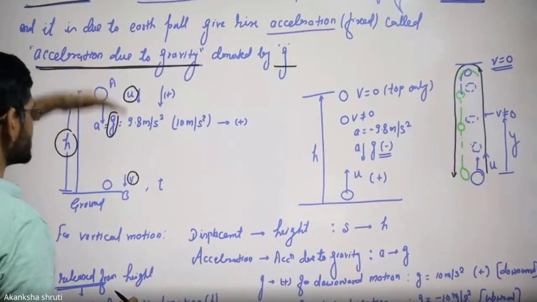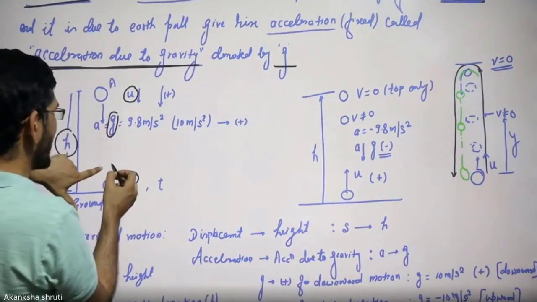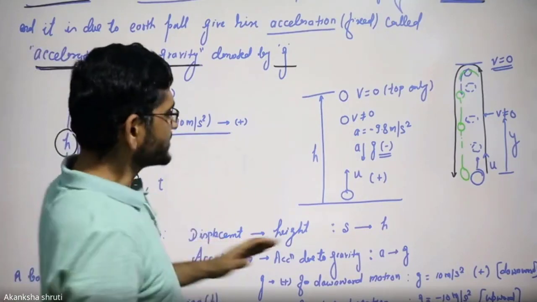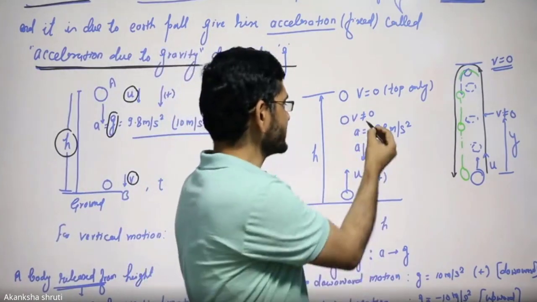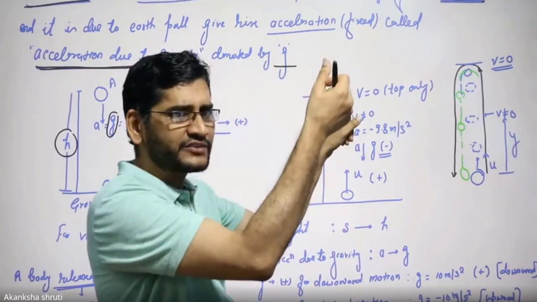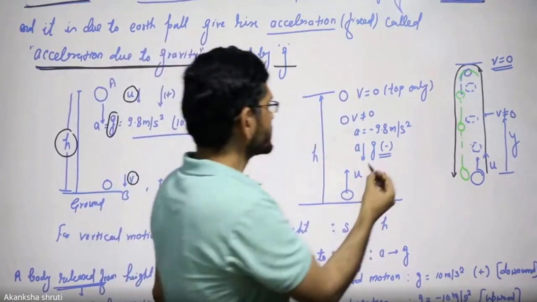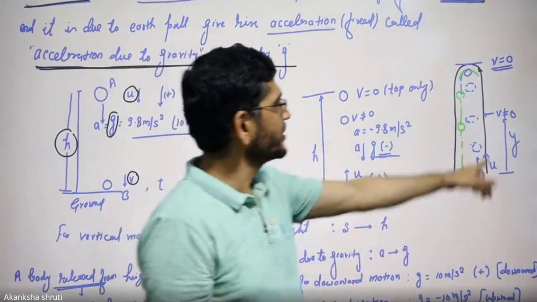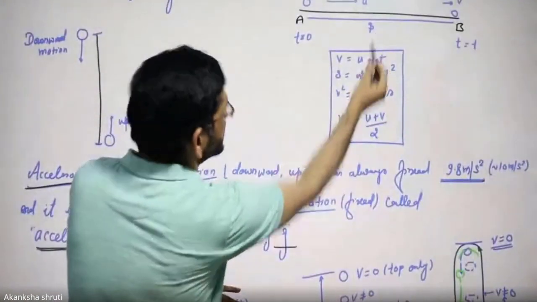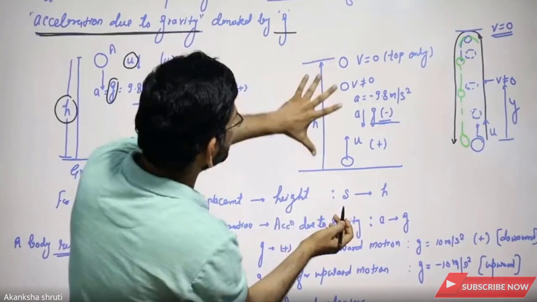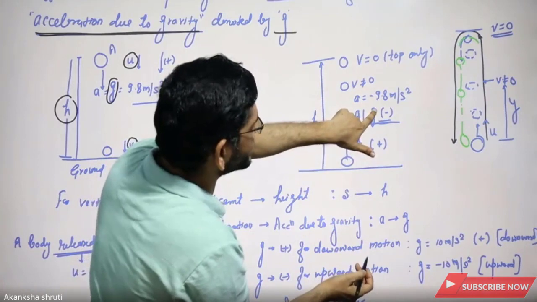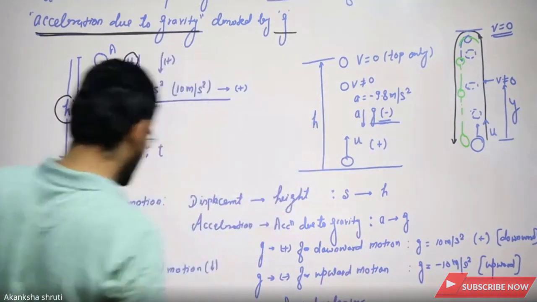Now, if the ball is falling downward, the speed increases, so the acceleration is taken positive. But if the ball is thrown upward, its speed is going to decrease, so that finally it will reach its maximum height when its speed becomes 0. So acceleration is taken as negative. The journey is like this. So students, if we compare horizontal motion with vertical motion, displacement is denoted by h, u and v are as they are, t as it is, but acceleration is denoted by g.